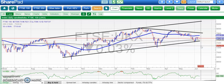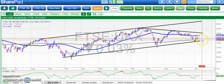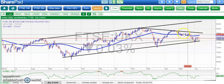If we do break that, then it's probably into the 73, 7400 area now, not 72, 7300 as we were looking at before. But while the RSI is below neutral 50 at 44, there is a risk of a test of the March low area, although, as I said, we're not really looking for that at the moment. 74.70, the favoured support area. And really, with the 50 and 200-day lines both rising, it does seem as though this is a relatively stable